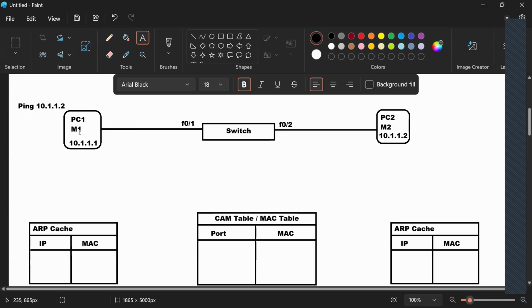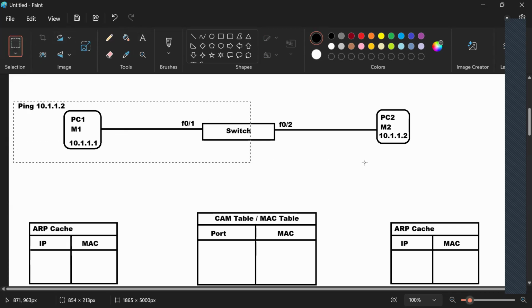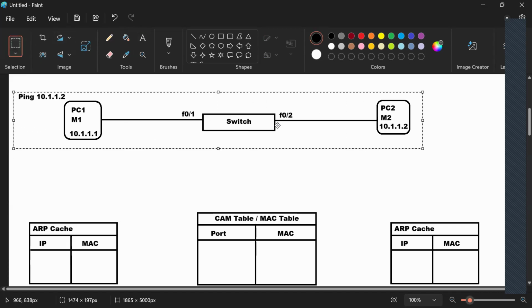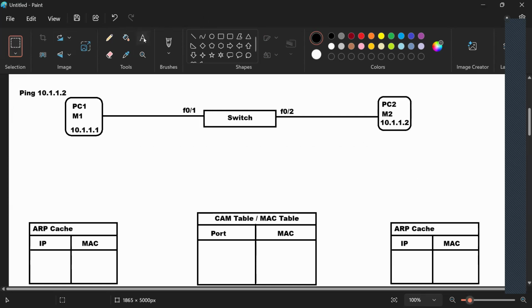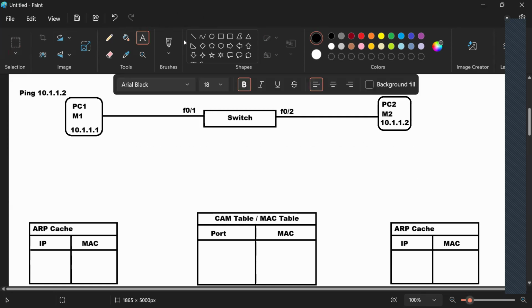Now, let's say, for example, PC1. So you went on PC1 and you gave the command ping 10.1.1.2. So PC1 will generate what? ICMP, right? PC1 will generate ICMP.